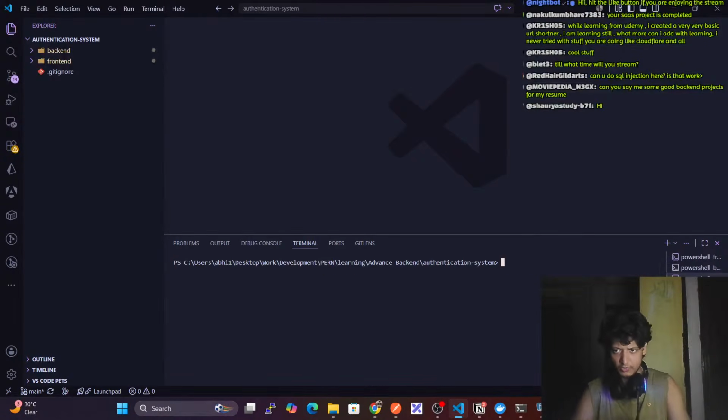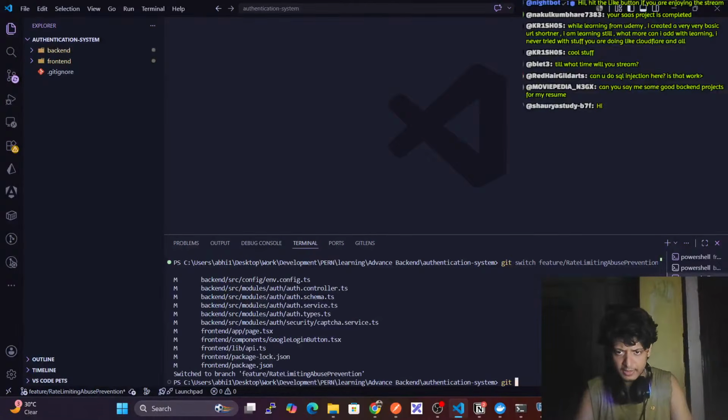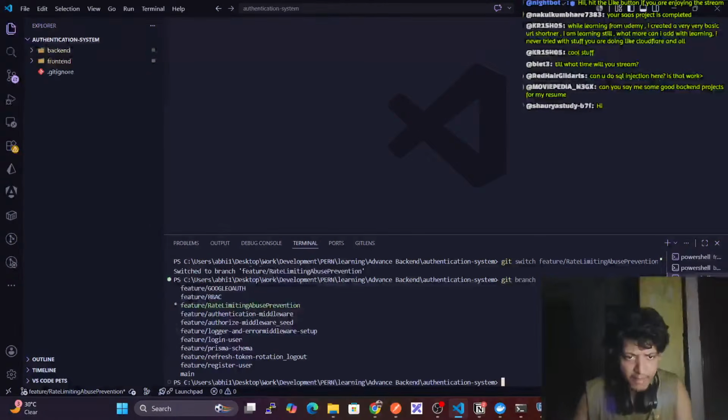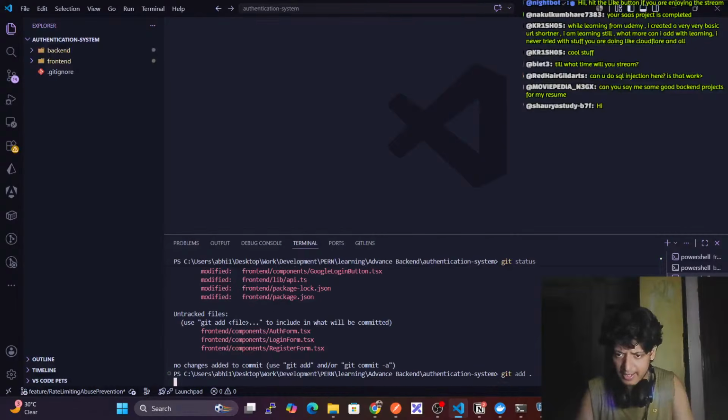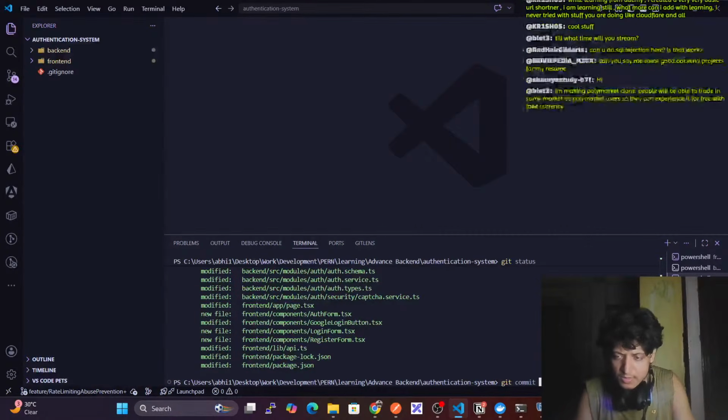And here create a new git branch. git switch to branch rate limiting abuse prevention, this one, this branch, then git branch, git status, git add, git status, git commit -m